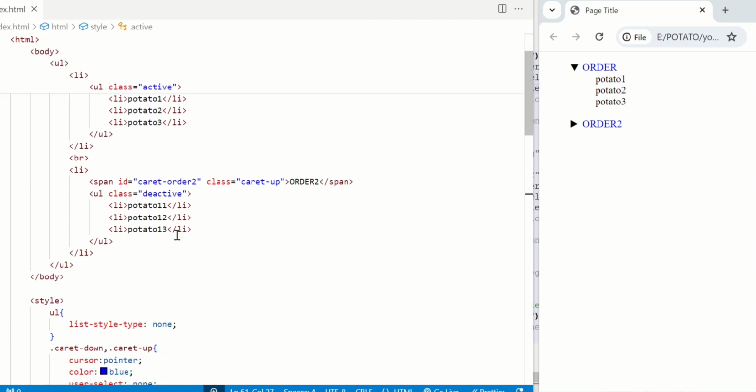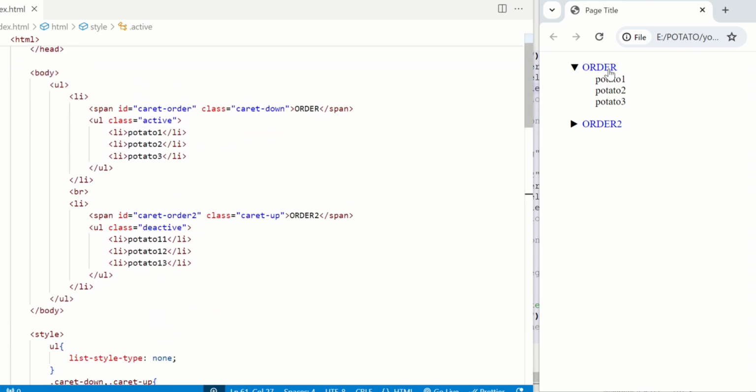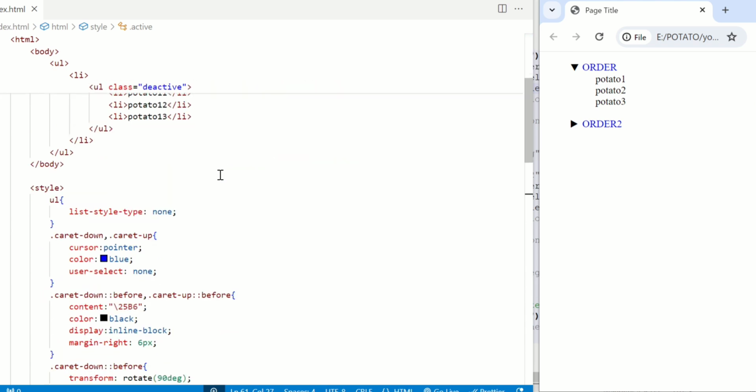So next one, let's see what happens when we click on this submenu. And you can see when I click on the first submenu element, it will toggle. You can see this triangle, the position changes from 90 degrees to 0 degrees. When I click again, it becomes 90 degrees again. And you can see by default it is at 90 degrees because